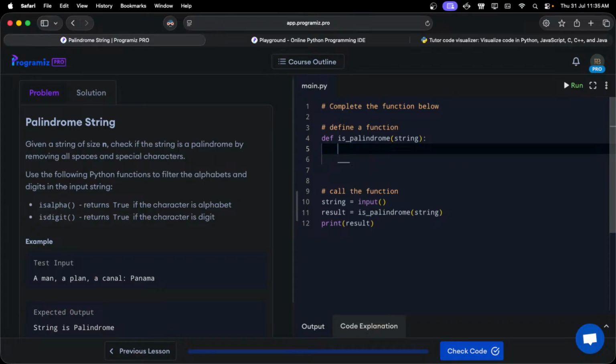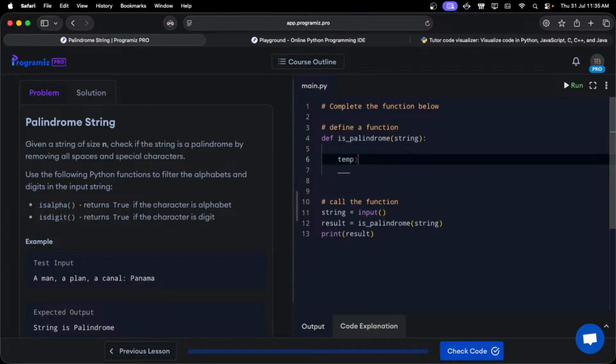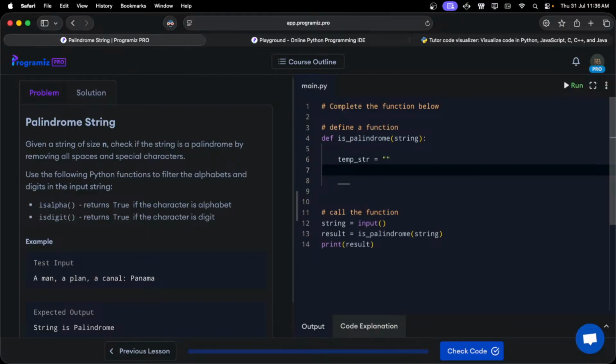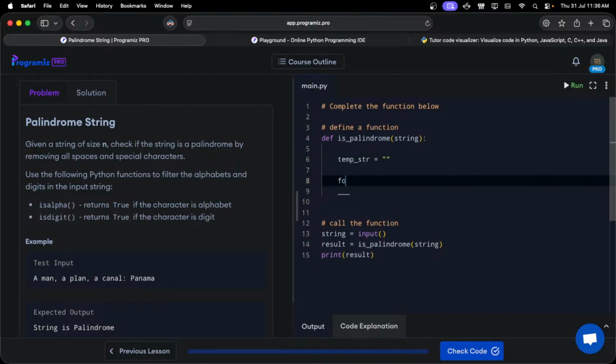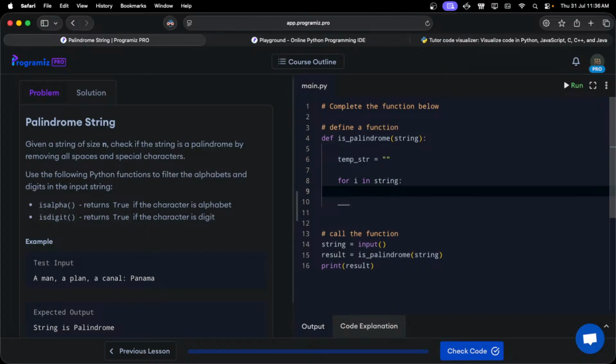So of course we will need a temp string, temp str equals blank. Let's loop this, clean this string first of all. For i in string, if i dot is alpha,